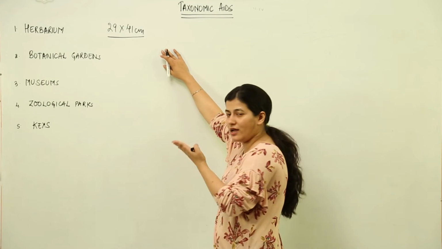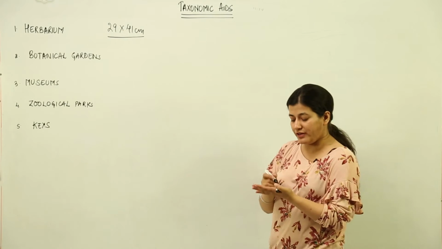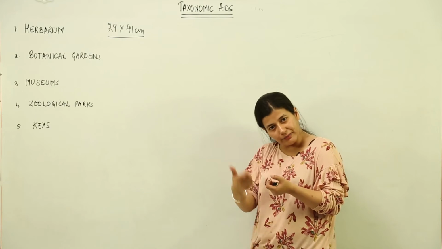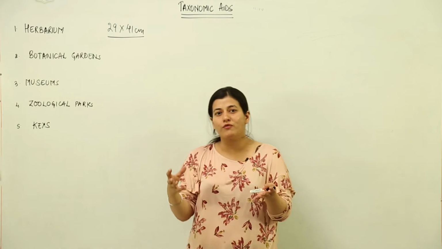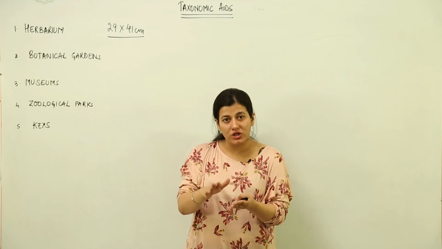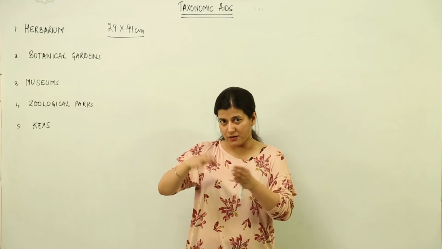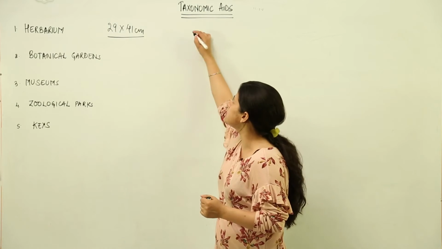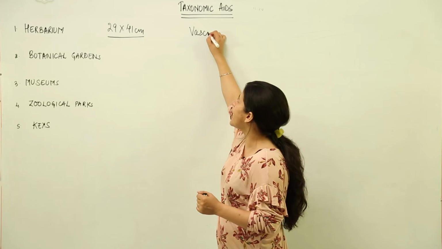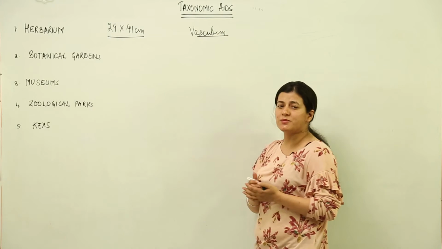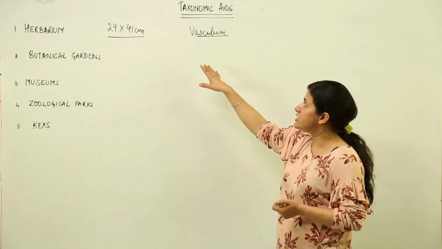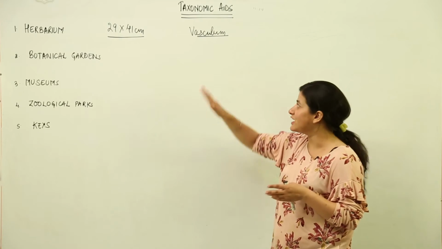You go to the garden, you go to the park, you go to the field, you take a digger, you cut the plant, you try to take out the plant at a stage where maximum of its characteristics could be shown on the paper. Then it is brought in a box known as vasculum. In case you ever encounter this term, you have to remember vasculum is the box in which the plant which has been picked for making herbarium sheet does not get dried. It is kept in vasculum.